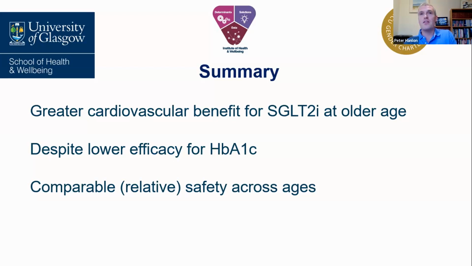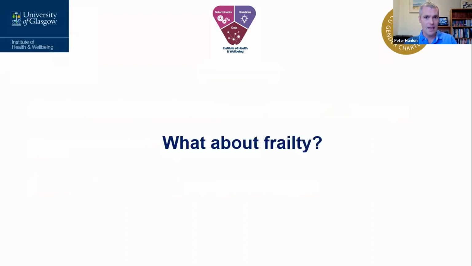The next question, though, is how like the older people we're treating are the older people in these trials that are informing these estimates. And that's where things like MLTC and frailty become important, because this seems to show an age effect, but we know that there's a big spectrum of health within older people. So looking at these phenotypes within trials becomes very important, I think.